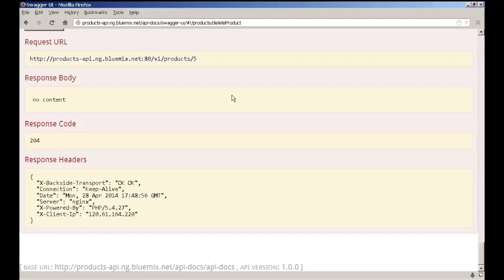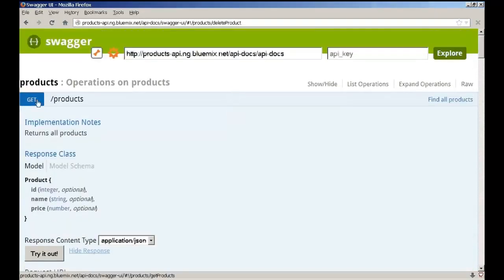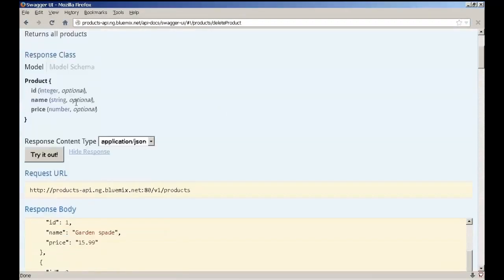An interesting aspect of many REST APIs is that they support multiple input and output formats. So far, everything you've seen has been in JSON, but as I've discussed in the article, it's quite easy to add XML support to a REST API as well. To see how this works, let's go back to the beginning, and this time, let's try and get a list of products in XML format. It's quite simple. All you need to do is set the request Accept header, which you can do in Swagger by specifying the response content type as application/xml,